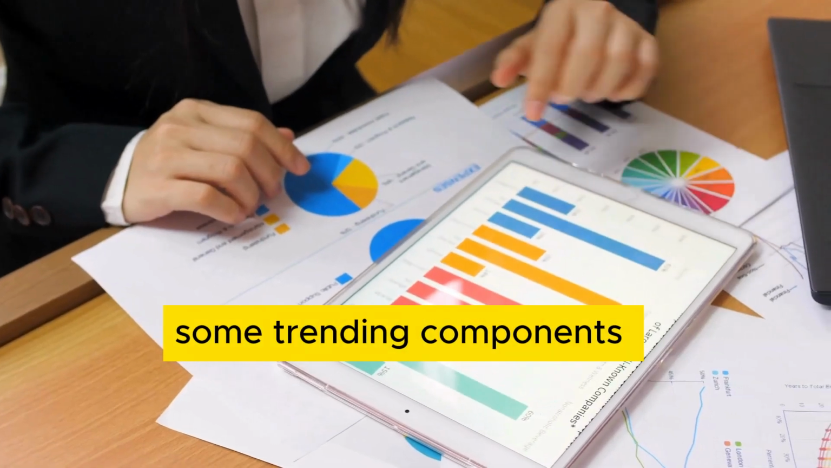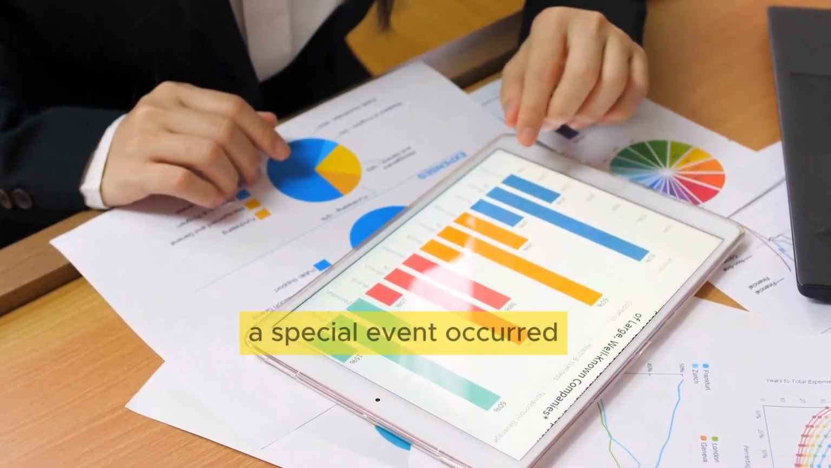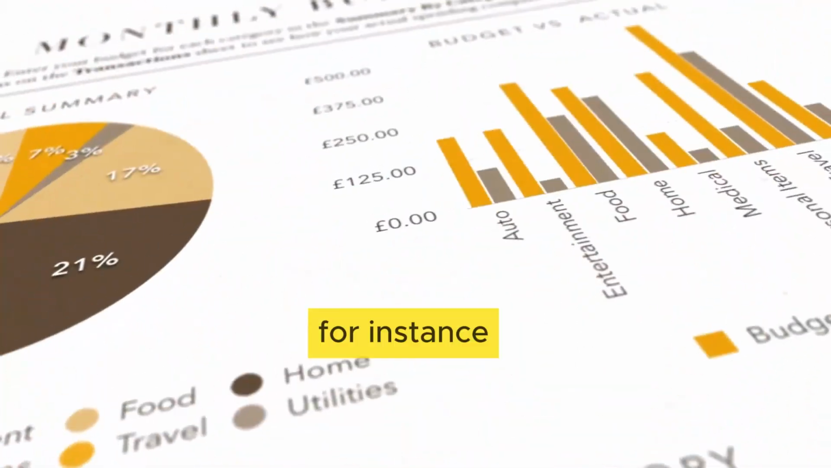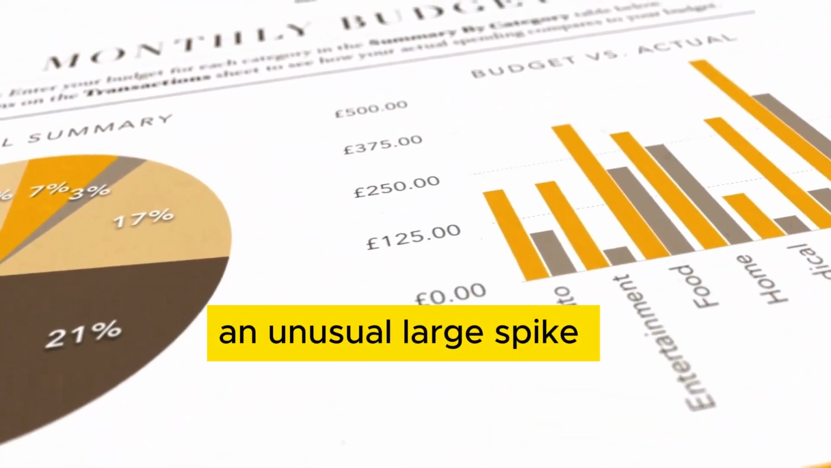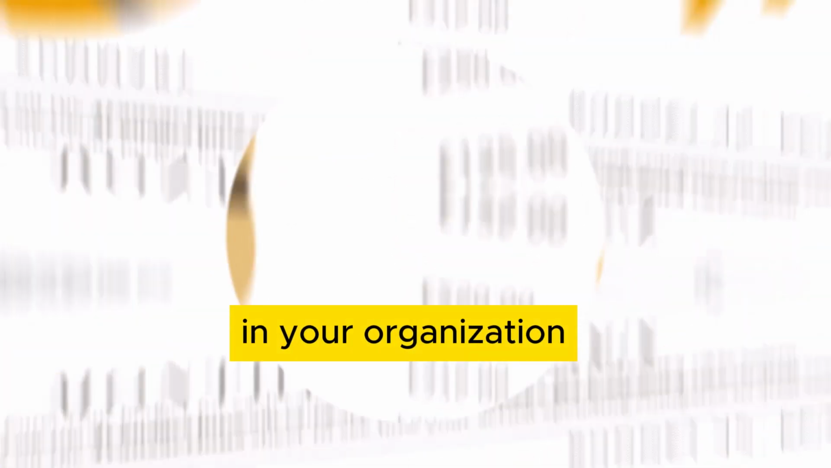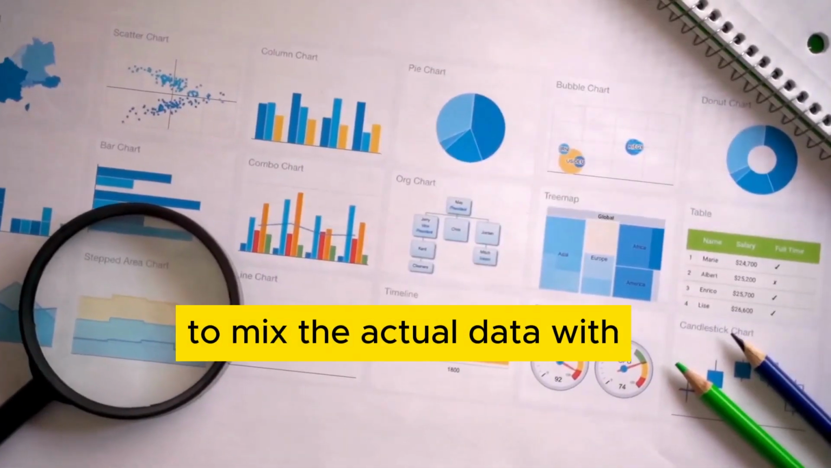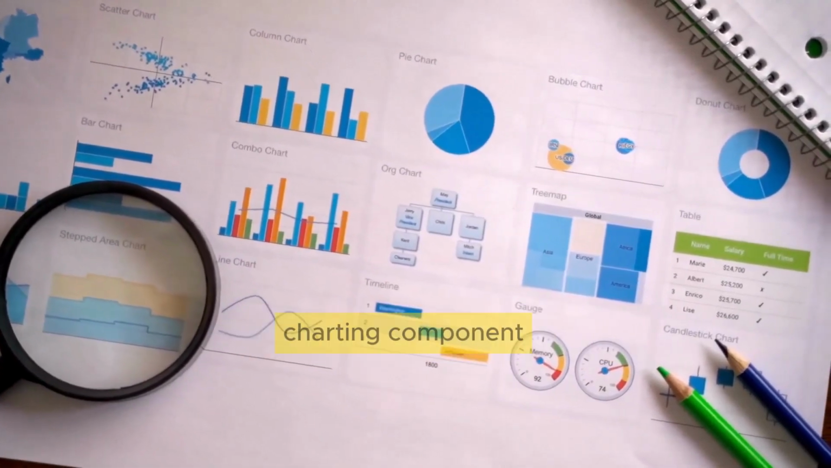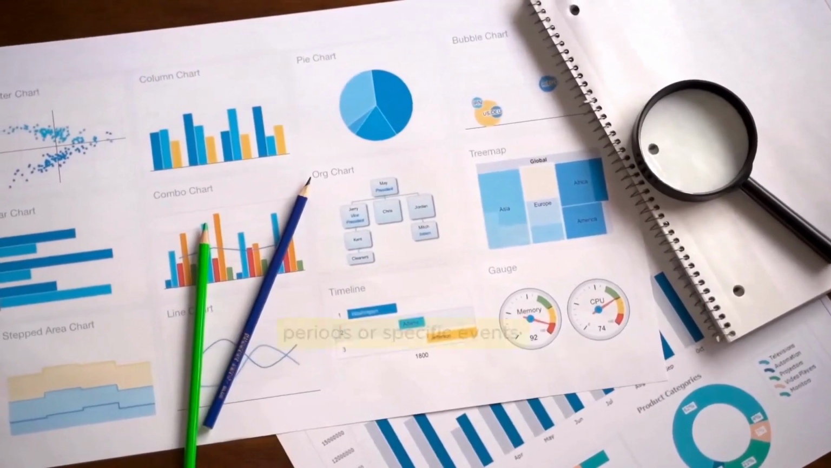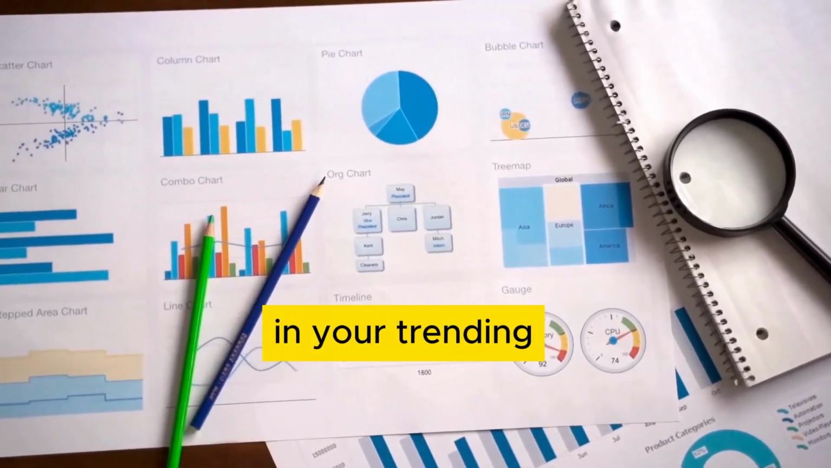Some trending components may contain certain periods in which a special event occurred, causing an anomaly in the trending pattern. For instance, you may have an unusual large spike or dip in the trend caused by some occurrence in your organization, or maybe you need to mix the actual data with forecasts in your charting component. In such cases, it could be helpful to emphasize specific periods or specific events in your trending with this special